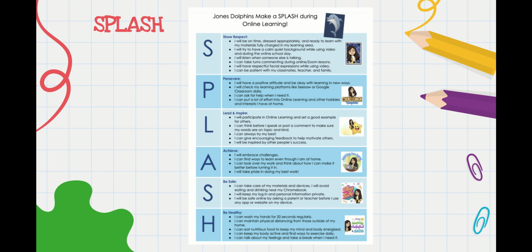As we transitioned into online learning, we revised our Splash expectations. We know that as a learning organization, we need to teach into our behavior expectations the same way we teach into academics. All students are on a continuum of their social and emotional development as we work to grow our students' independence and agency. We have to start with being clear about our goals and what an engaged learner looks like and sounds like. Your support in helping your child stay organized, optimistic, accountable, and respectful, both at home and when learning online, is greatly appreciated.